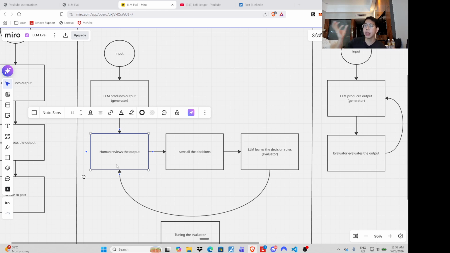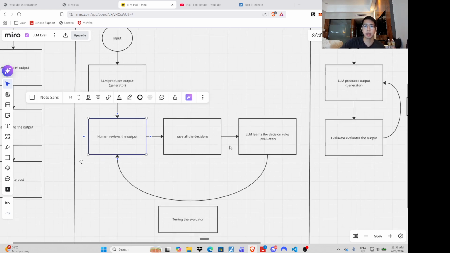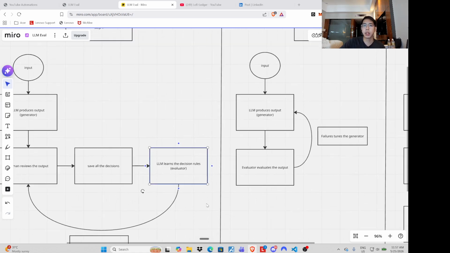You would have to have that dialogue or that conversation with another human so that he can know how you have done it, right? And it's the same thing with AI. What we want to do is, the first few times we're going through this process, evaluating these things and saving all of these decision processes, so the next time an AI swaps for you, it has learned all of your decision-making process, right? So after this part where you're just tuning the evaluator, you can then use this evaluator to sub in